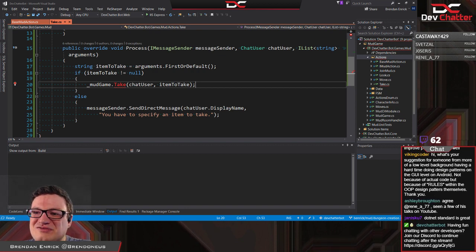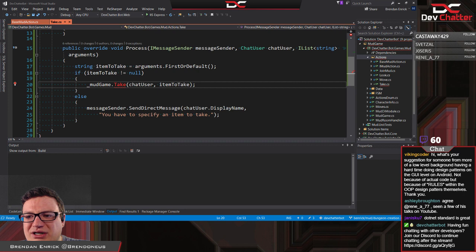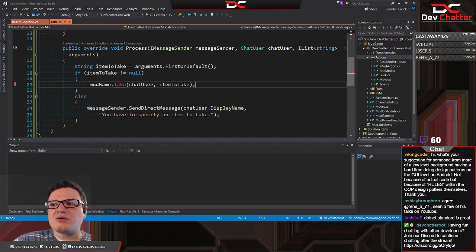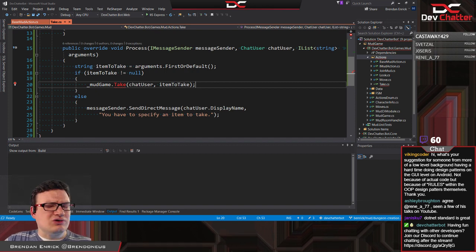Hi, what's your suggestion for someone from more of a low-level background having a hard time doing design patterns on the GUI level on Android, not because of the actual code, but because of rules within the object-oriented design patterns themselves? Viking Coder, I would love to know what challenges you're running into,